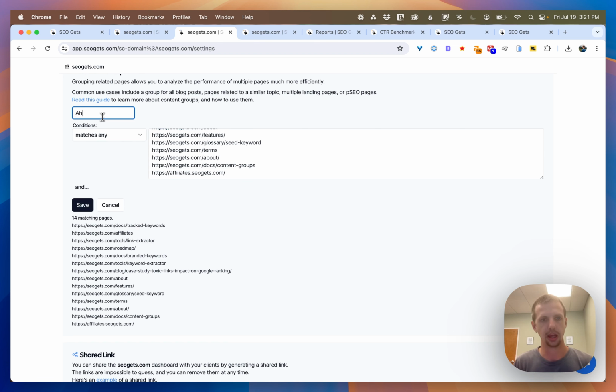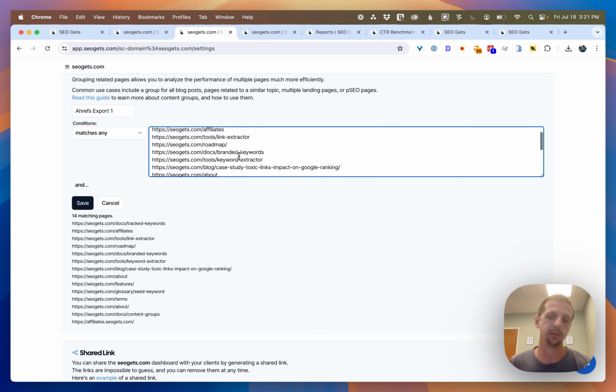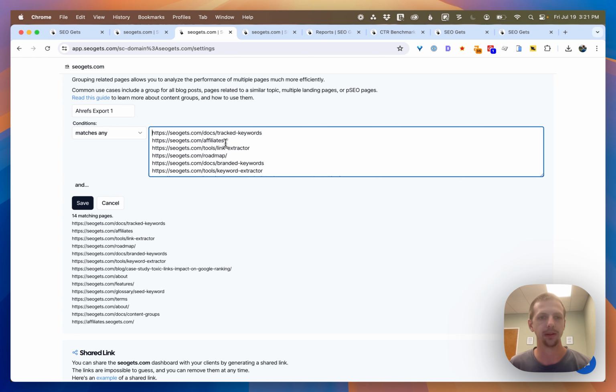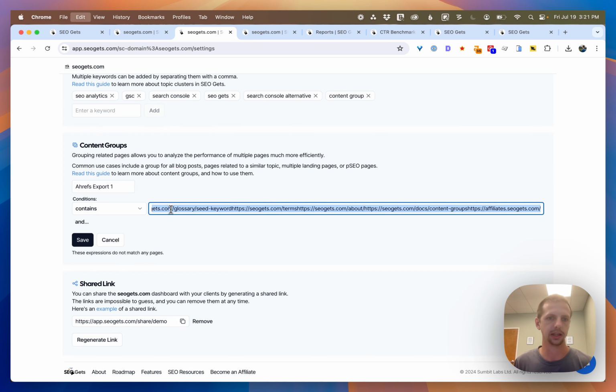I'll call this Ahrefs export 1 and save it. And that puts all of those together in the content group. Now, there is going to be a character limit on this. I believe it's 3,000 characters for these, and so sometimes you'll have to get a little trickier and go, it contains